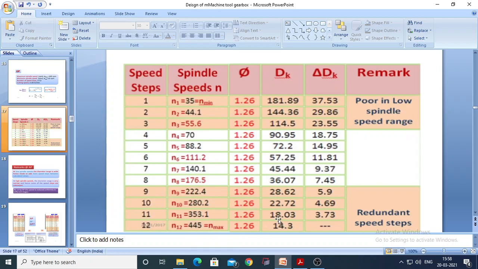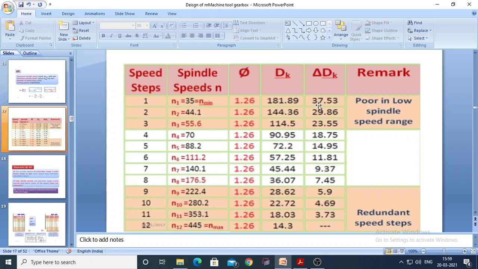Then see what happened if you check the phi value: this geometric progression ratio is constant. If you have seen the arithmetic progression law, there you get different values for this progression ratio. If you check the diameter, you will get 181.89. This is the upper diameter, then this will be reduced up to 14.3. If you check the diameter range, then you will get again 37.53 to 3.73. If you check this relation between spindle speed and diameter range,